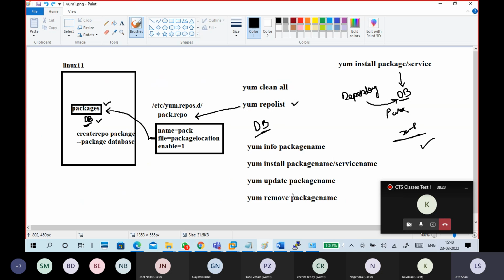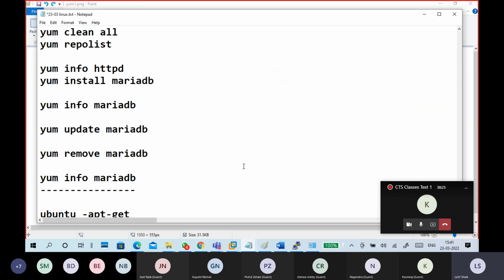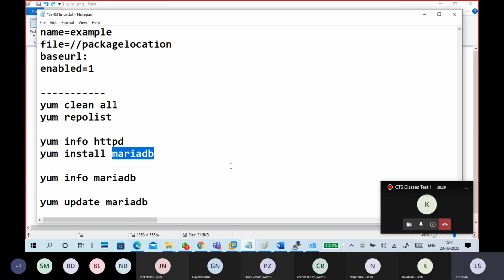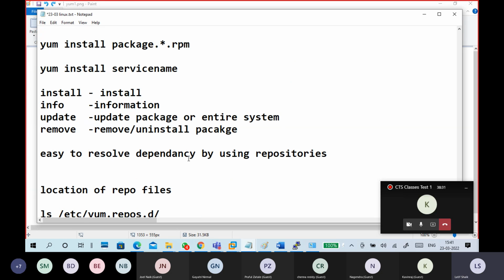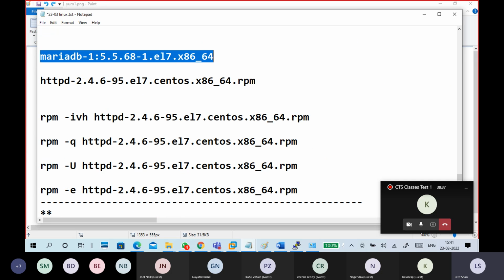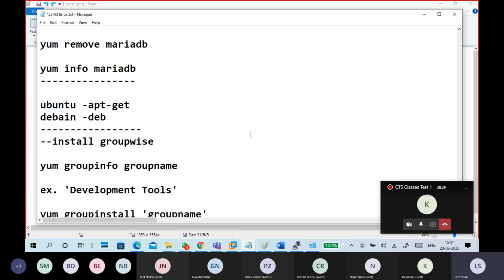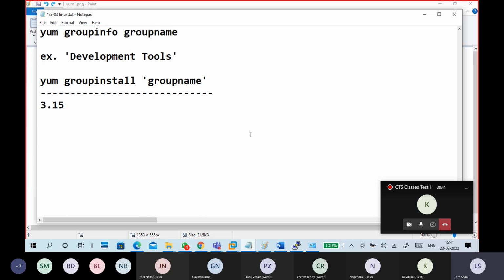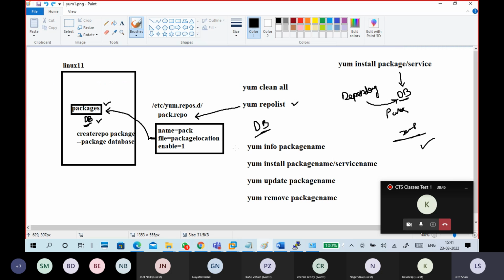If you are using a command like yum install package name, you may not be able to install it if there are any dependencies. If no dependencies, no problem.